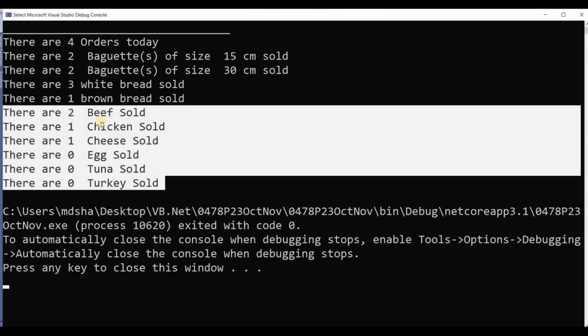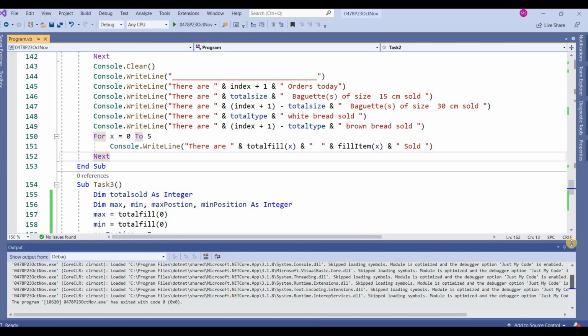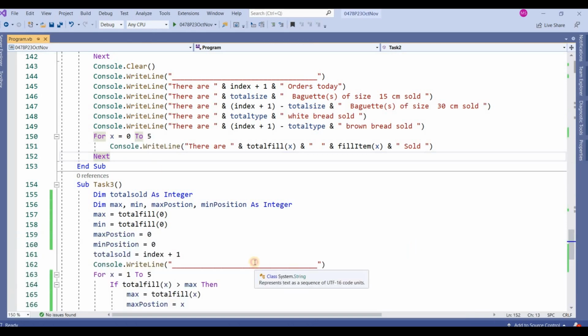And these are the items, beef, chicken, which are in the array I have written as fill item. Okay, this is total fill, how many total fill in X, and here is fill item of X. Okay, it will show me how many are sold.